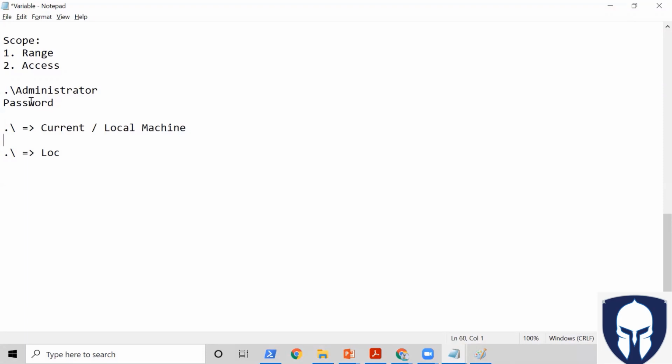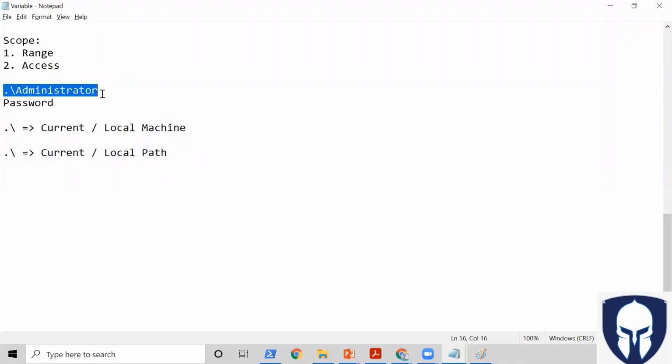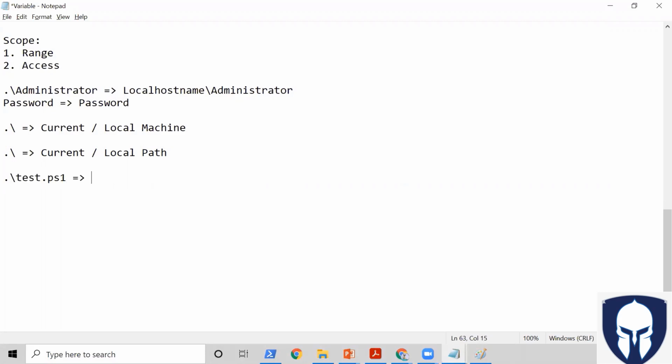So here it's the same thing: instead of current machine or local machine, we will be calling it a local path or current path. So what happens when we type dot slash? It will be converted into the computer's local host name slash administrator, and then this password will be passed. Similarly, whenever we execute, let's say, dot slash test dot ps1, it will